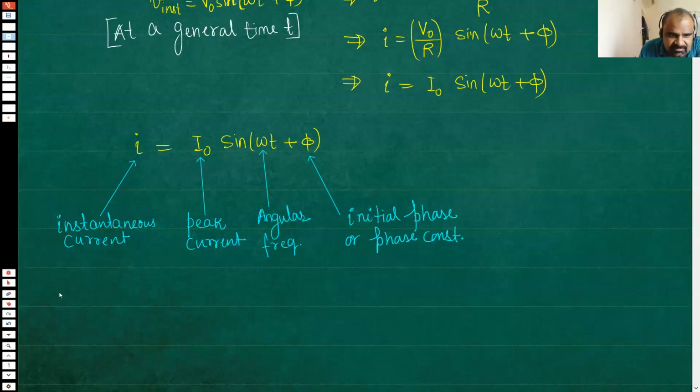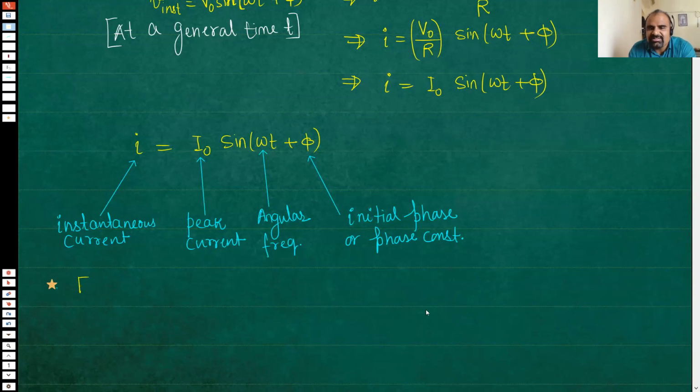Now, first, a few important things. The first thing is the relation between angular frequency and frequency. You know it because recently in the LC circuit we studied it. But one factual thing I'd like to tell you: omega is 2 pi f, so that is not a problem. I will write that. This f is frequency.